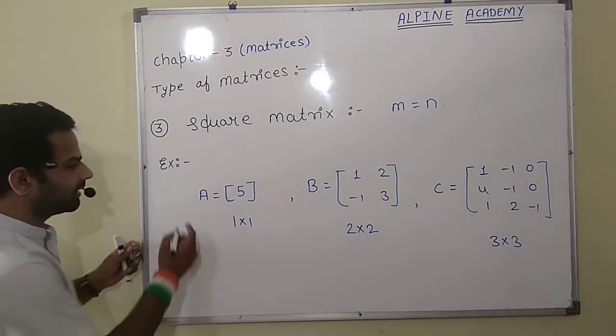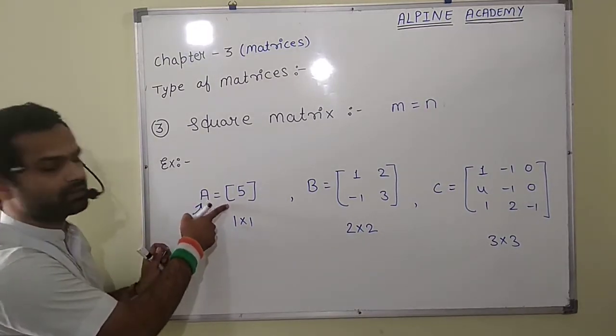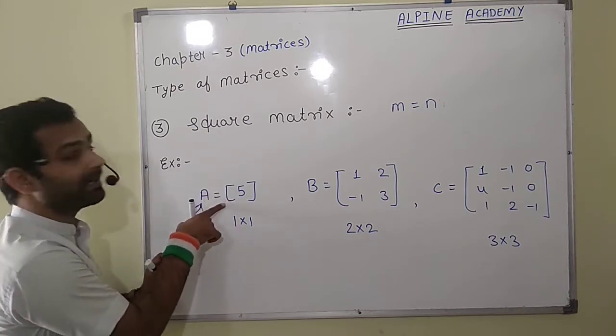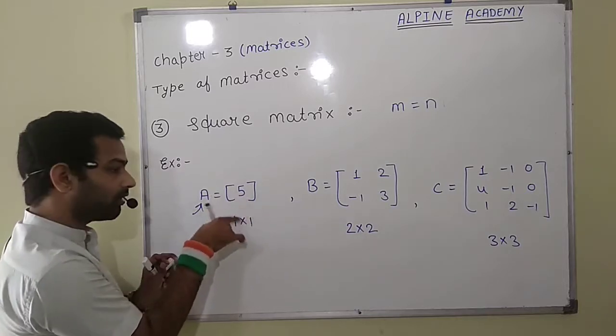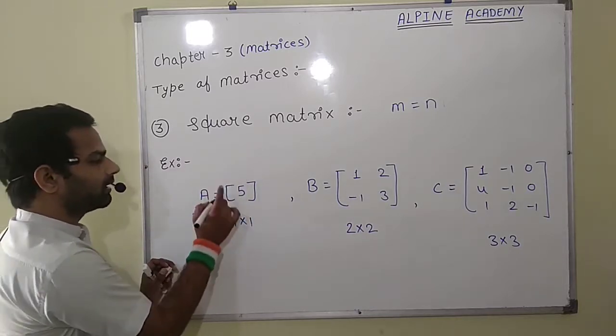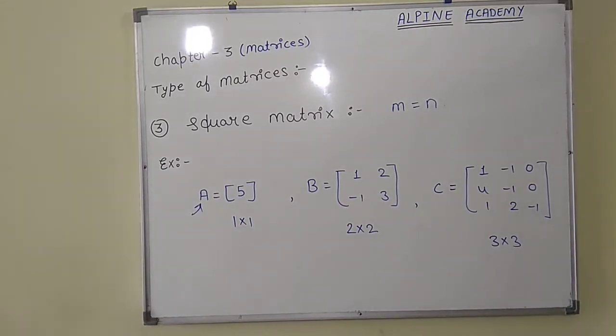And one more thing, if you talk about this A matrix, this is also a square matrix as well as a row matrix because it has only one row, and it is also a column matrix because there is only one column in this matrix. Okay, so the fourth type of matrix is